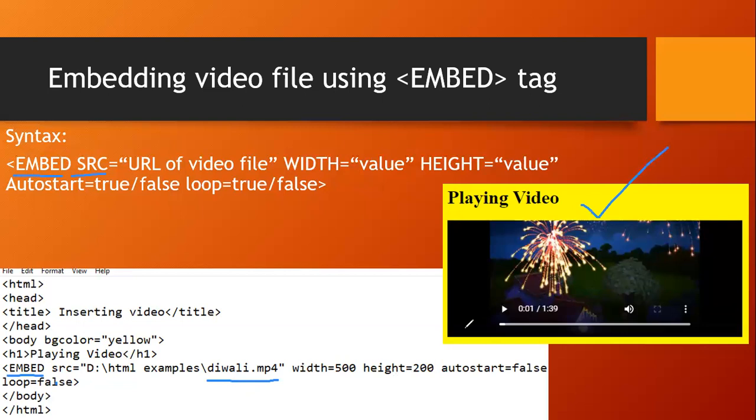You can see width 500 and height 200. Auto start is false. It means you have to click on the play button. These are all controls. Click on the play button to play it. And after finishing, or after 1.39 seconds, this video will not be started once again. Why? Because the value of loop is false.